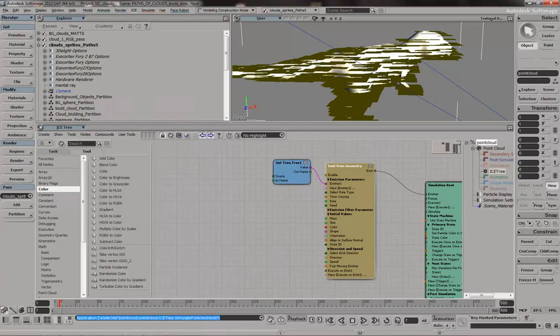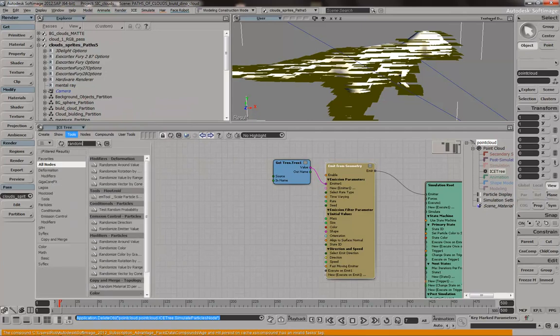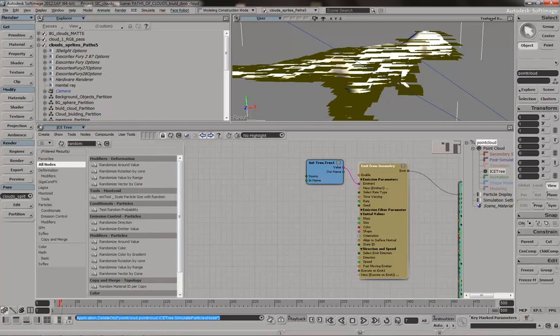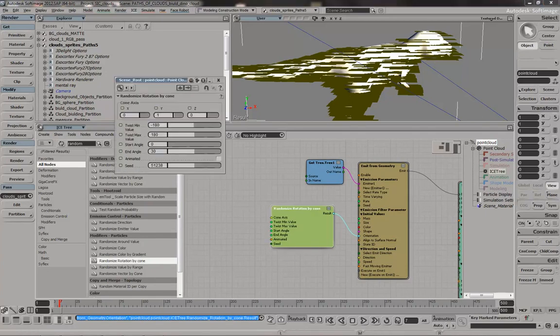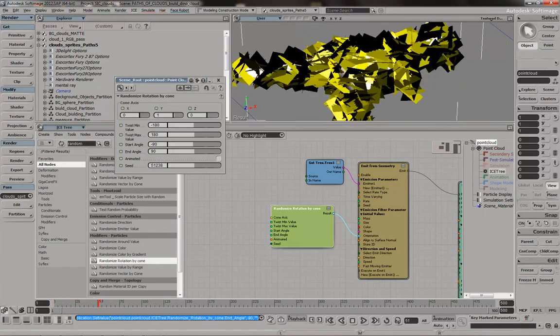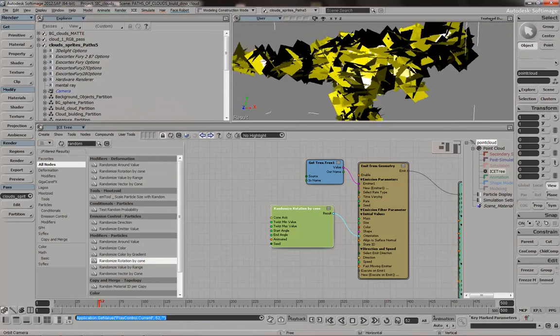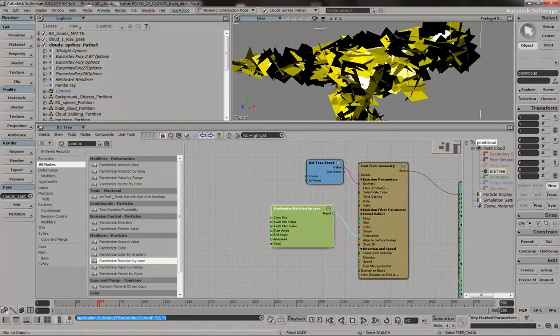We just want to randomize the orientation first. So randomize rotation by cone. That's a good one. Plug that into orientation, and I'll put that at -90. There. That's a randomly orientated set of discs, and now we need them to be an object,